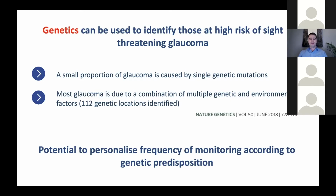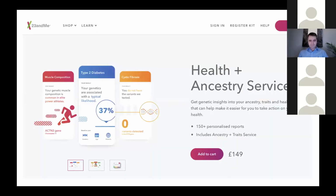So there are tests now where we can identify these genetic locations. And not only might they help identify those who are more at risk of losing vision, maybe it will mean that those that are lower risk don't need to be seen so often. So perhaps people will be able to have their genetic risk for glaucoma tested, and then we might be able to say, well, actually, you're at very low risk. You might only need to come to have your eyes checked every 2 years rather than every 6 months. So I think there's a potential for that, and there are already